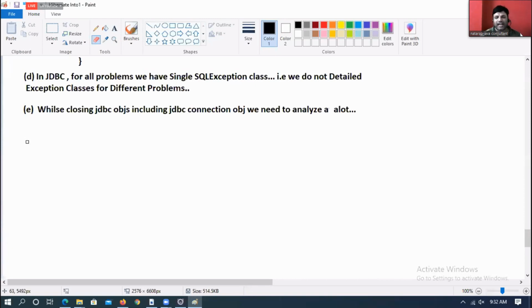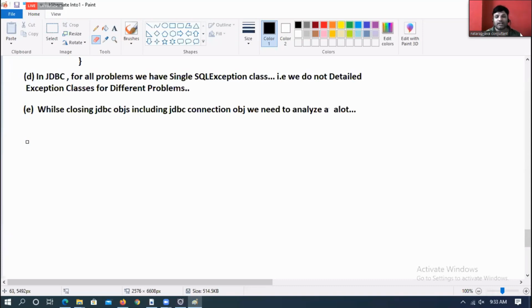Number two, exception is not raised in the try block. Then do catch blocks execute? No. So closing JDBC objects in catch blocks has two problems. We have to close all JDBC objects in all catch blocks, multiple catch blocks.